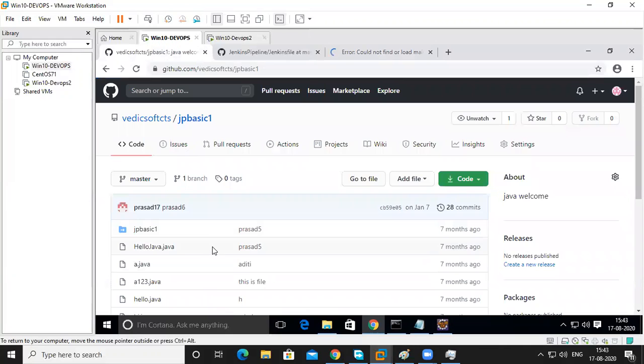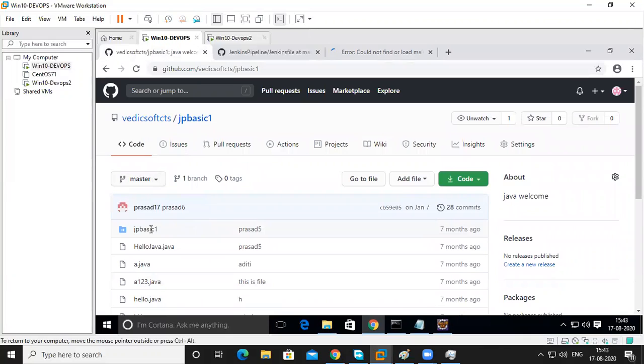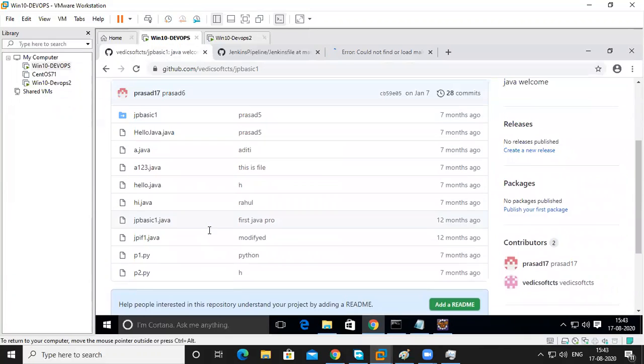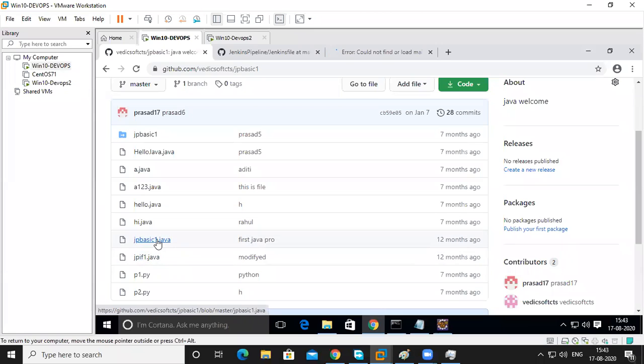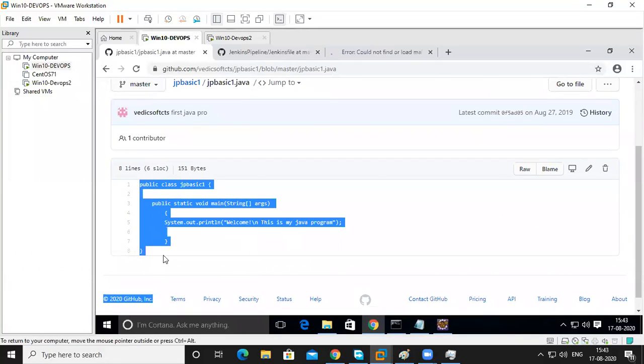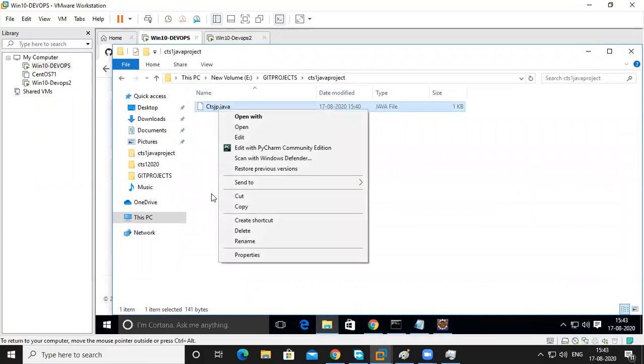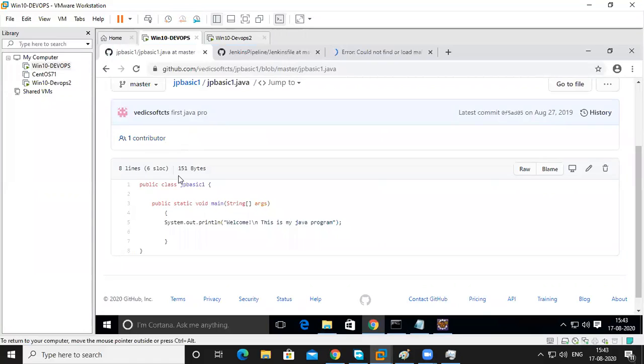I want to go to the last one. So many are there, or what? Seven months ago, twelve months ago. Basic Java 1. Yeah, same thing, I didn't use anything extra. It is divided like this only. I didn't use cap letters, I use small letters only. See, small letters only.